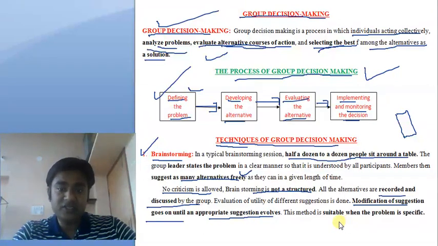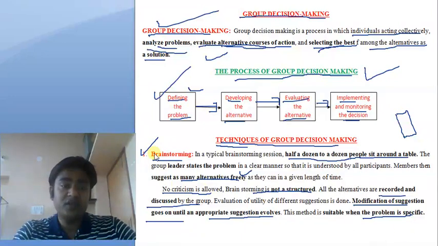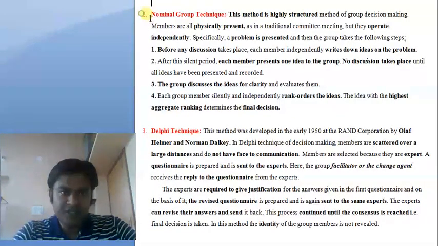This method is suitable when the problem is specific. When a company has a specific problem, the brainstorming method of group decision making can be used. The next method is